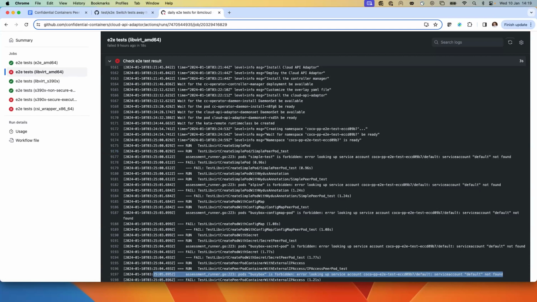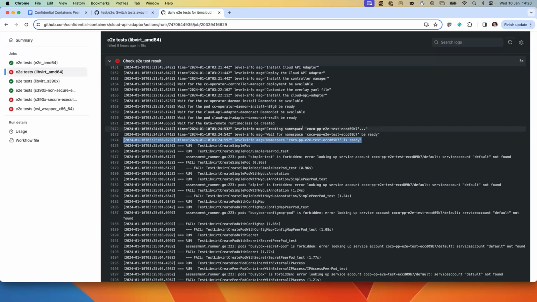It looks like a permission error because it says forbidden, so something is not able to look up or access any service accounts. What happens is that any pod will use the default service account in the namespace, and the error to me points out it is unable to get the service account in this specific namespace, and that's why it's unable to create the pod.